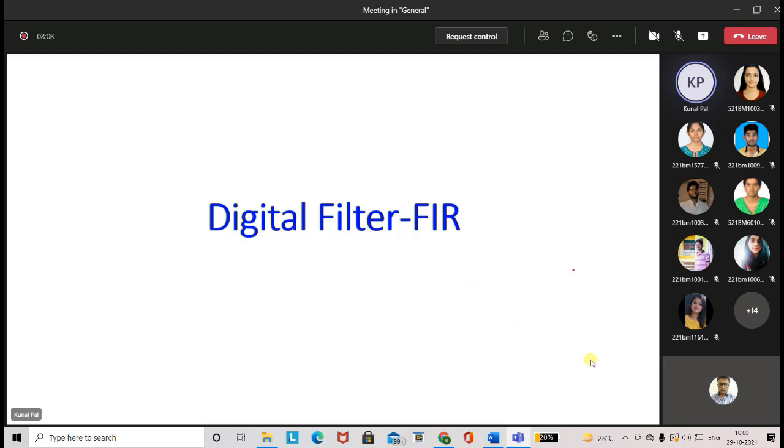To start with, I will start with the FIR filter. In many textbooks, you will find that they give the IIR filter first and then go to the FIR filter. But it is my preference, when we go into the mathematical sections, to initiate the digital filters with the FIR filters because, as we have previously discussed, all the poles in the FIR filter are within the unit circle and they are at the origin, right?